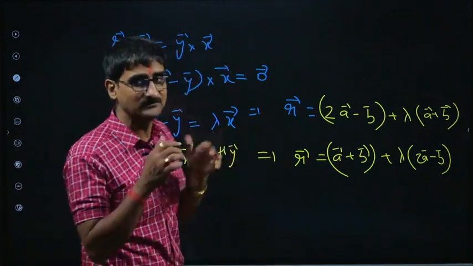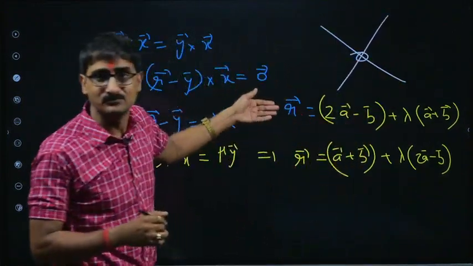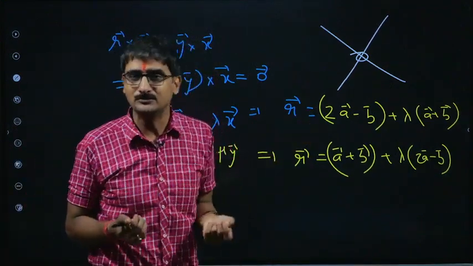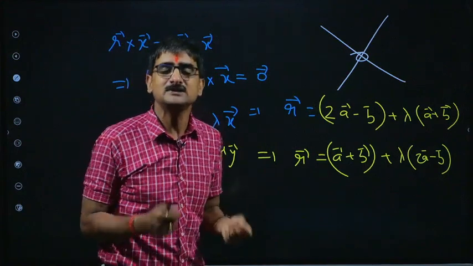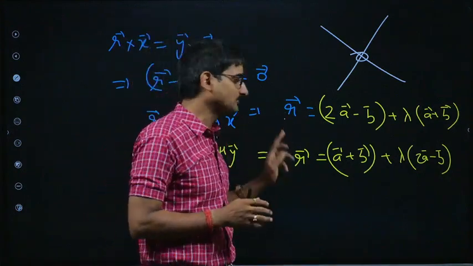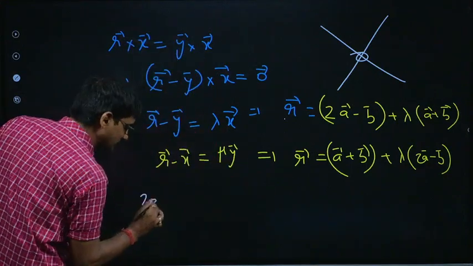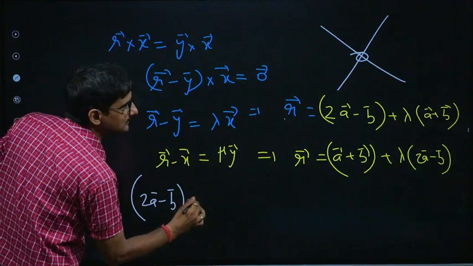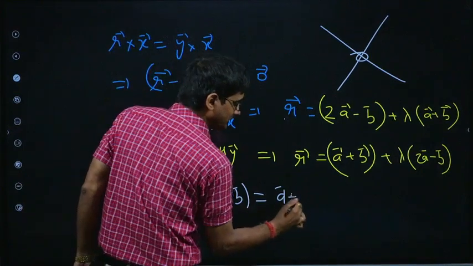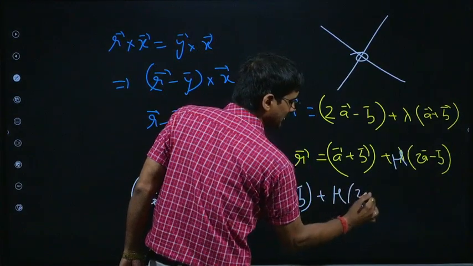We all know that if you have a point of intersection, that means you have a common point that should satisfy both the equations. Of course, for a point you have only a unique position vector. So if there is a point of intersection, we should be able to get it from here and from here, and in both cases the position vector has to be the same. So you just equate the position vectors from the two lines. It's mu here, 2a minus b.